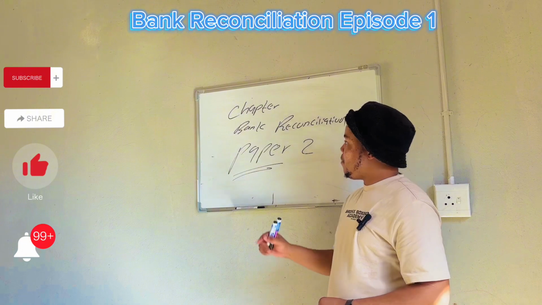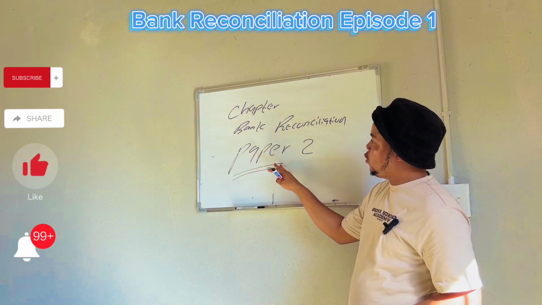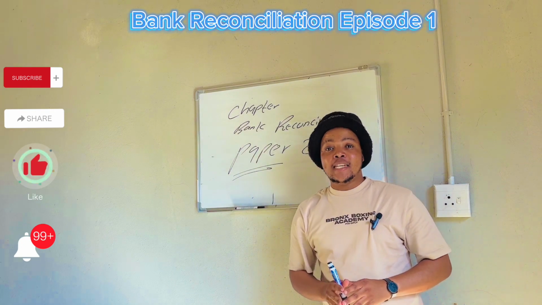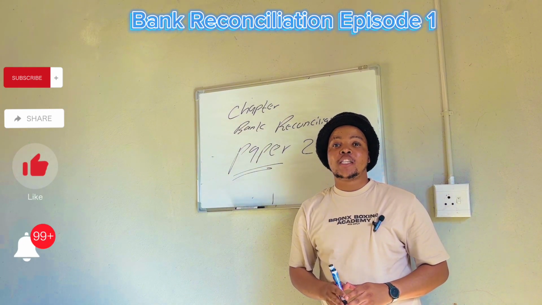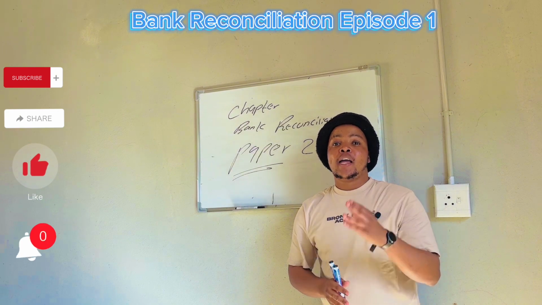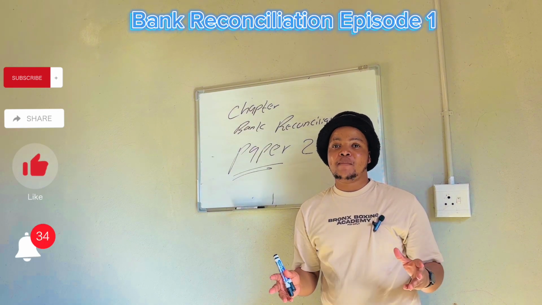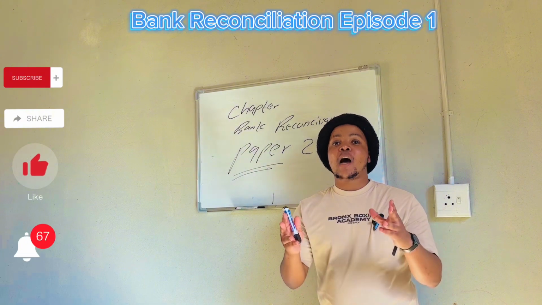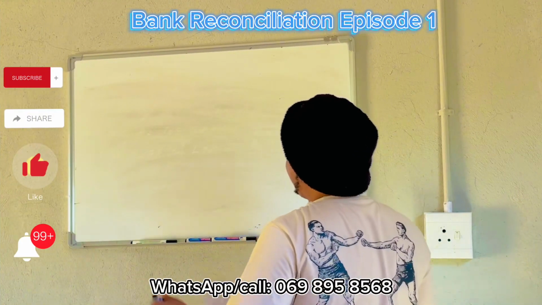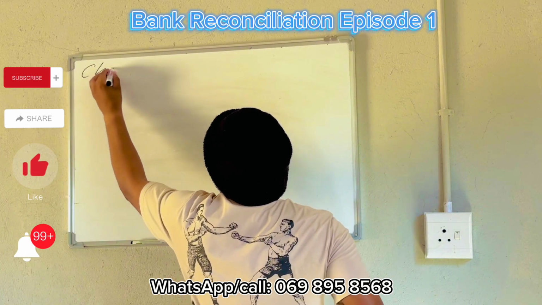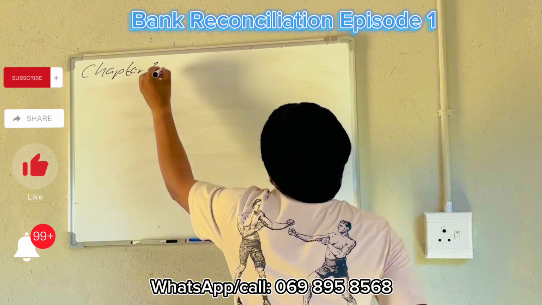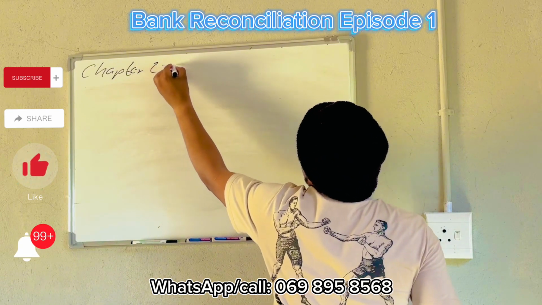Today, we are busy with paper 2 for the chapter called Bank Reconciliation Statement. So make sure that wherever you are, you have a pen, a paper and a calculator. My name is Teddy T and I'm here for accounting grade 12. First of all, I have to remind you that this is paper 2 and I want us to go through